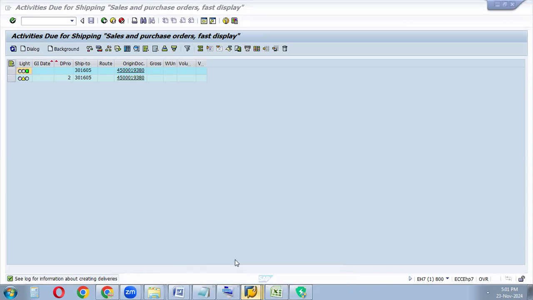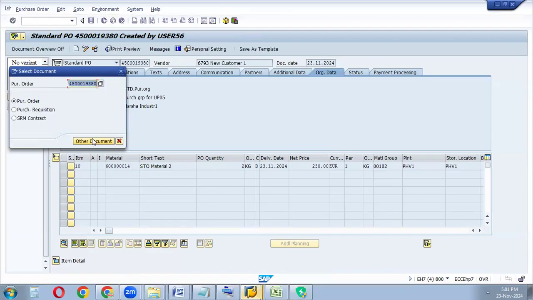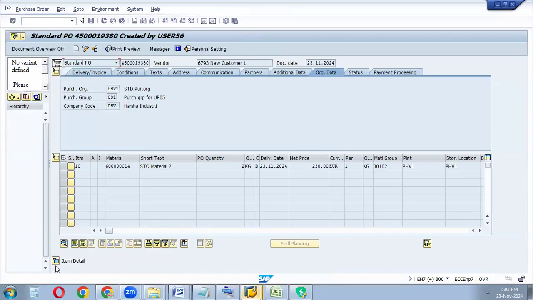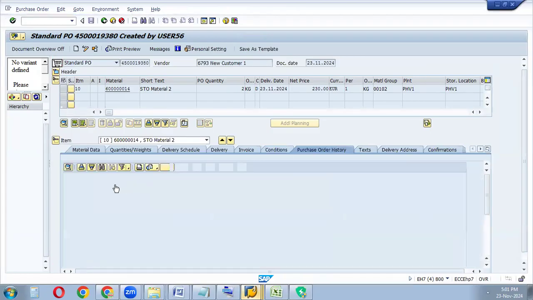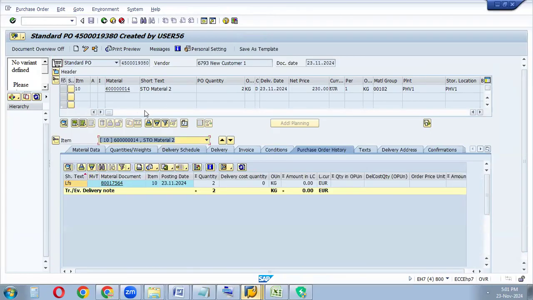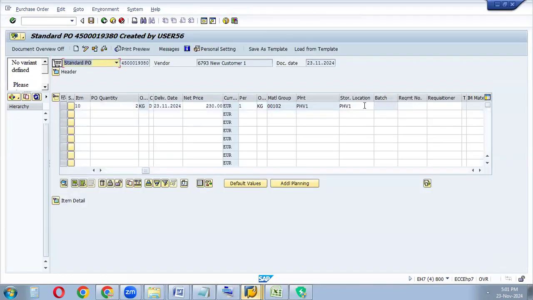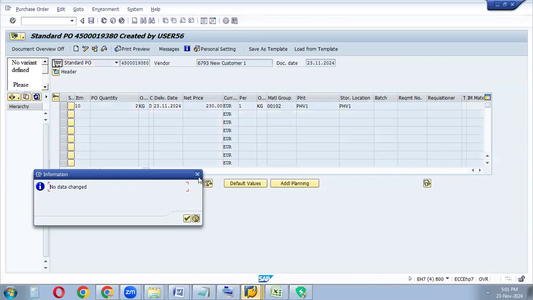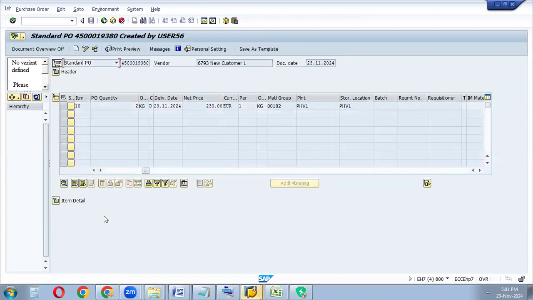I just repress the HTO and other document. So I just go to item details, purchase order history. So here it is updated. So here also I have not given the storage location, right? I will maintain the storage location. Yeah, it is done. It is taken from the reference STO, right? So okay, no issue. We can post the goods issue against the outbound delivery. So I just go to the